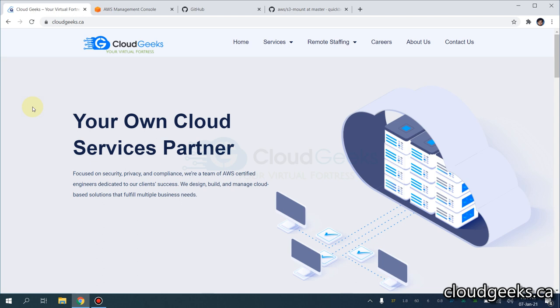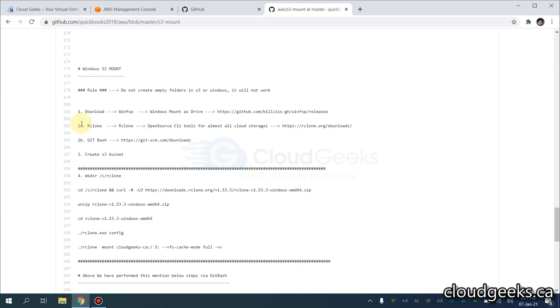In this video, I'm going to show you how you can mount the AWS S3 bucket in your Windows machine, whether it is Windows 10 Pro or Windows Server 2019, 2016, or 2012. It is your choice. Anyway, I'm going to show you how we can do that, and we are going to use the open source utility, which is, I guess, the best utility to mount even